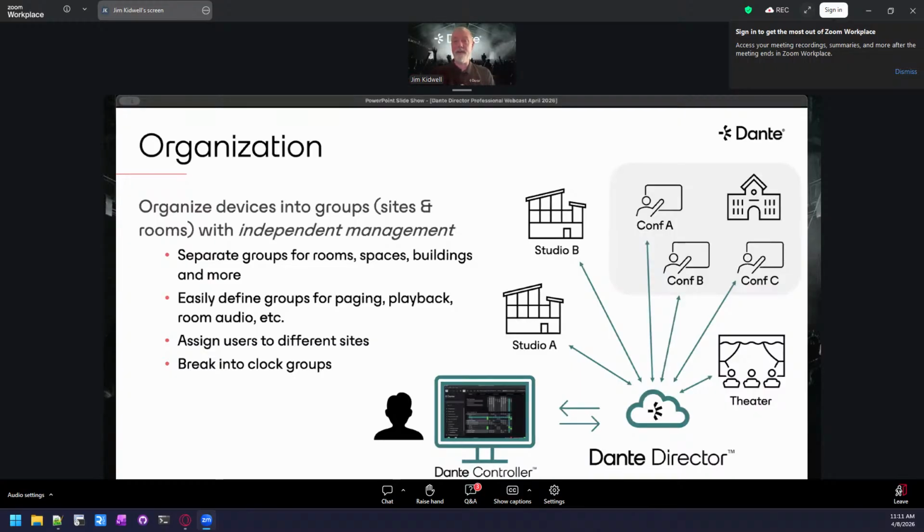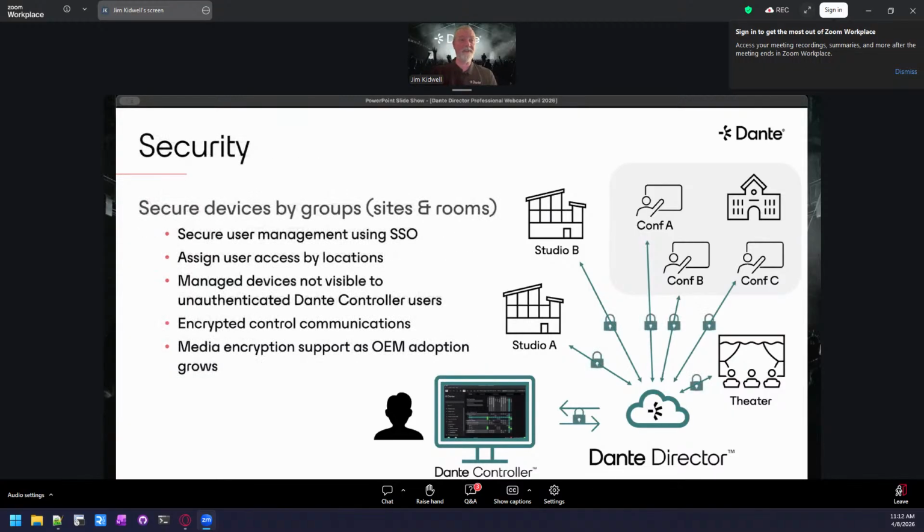yourself to everything else. So say, for example, if you're in a higher ed institution and you have students who work in the theater, they need to be able to have access to move things around and reroute things and set things up as it's going to be for that particular production at that time. But you don't want them messing with your classrooms. That's a perfect example of where you want to give people discrete access and not in other areas.